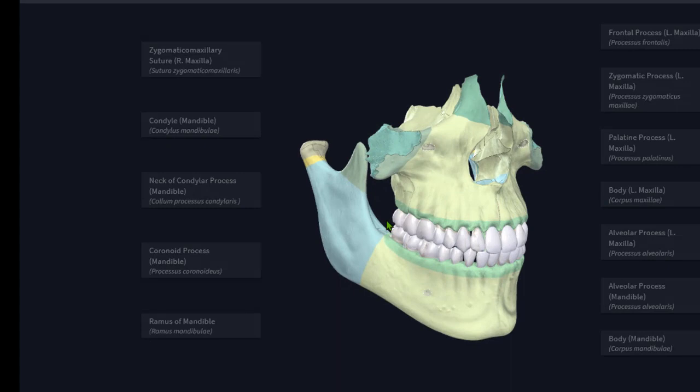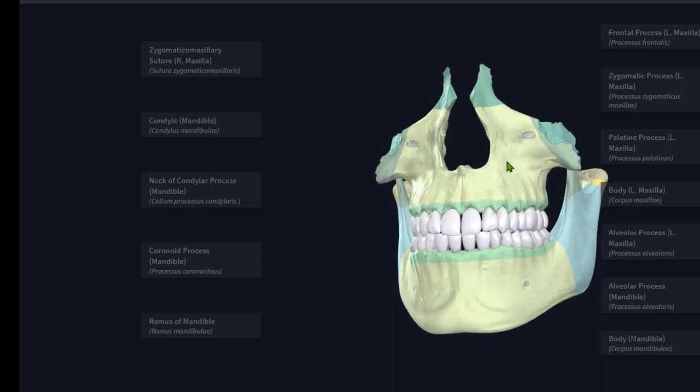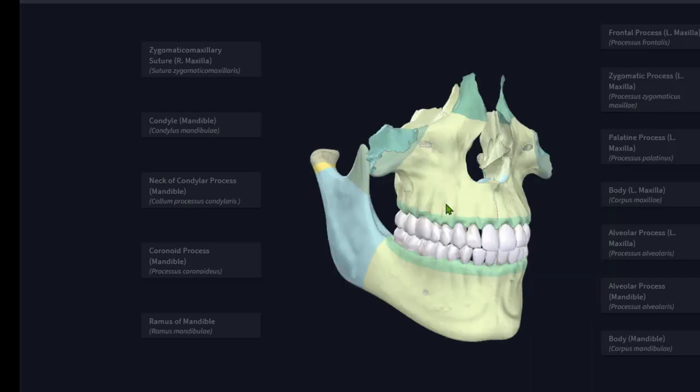Okay, so the medial surface makes the lateral wall of the nose. Then we will have three main features you will find over here, that is your infraorbital foramen. So the infraorbital foramen that you can find out over here. Here you will find the infraorbital foramen or you say the incisive fossa over here.